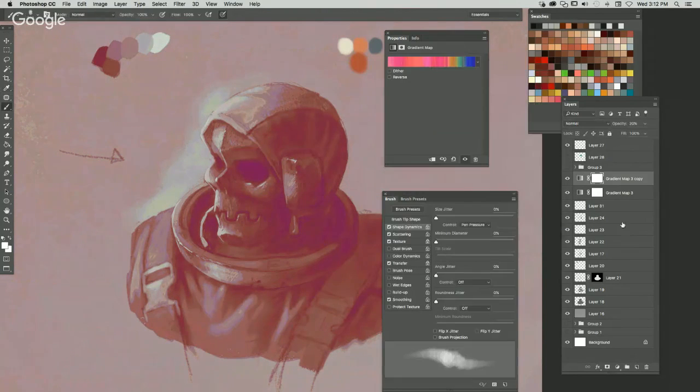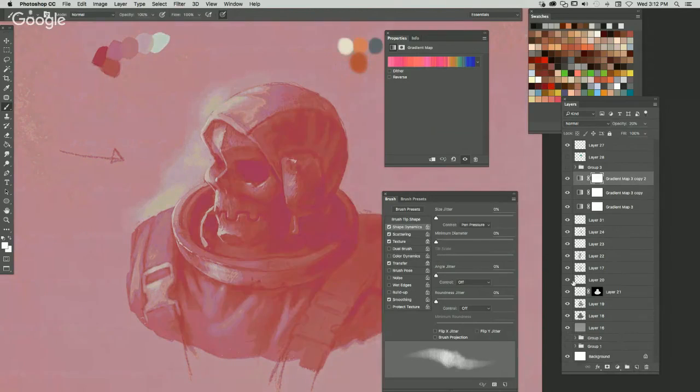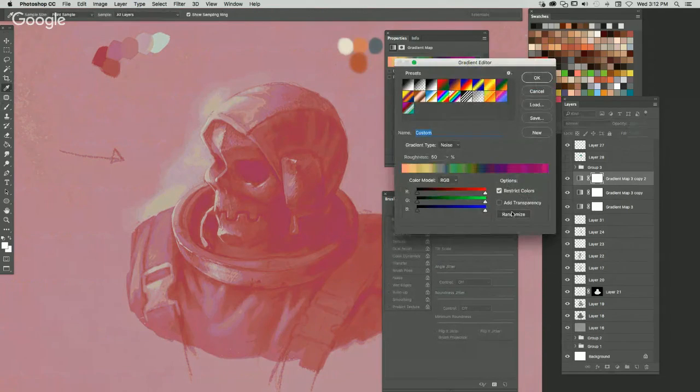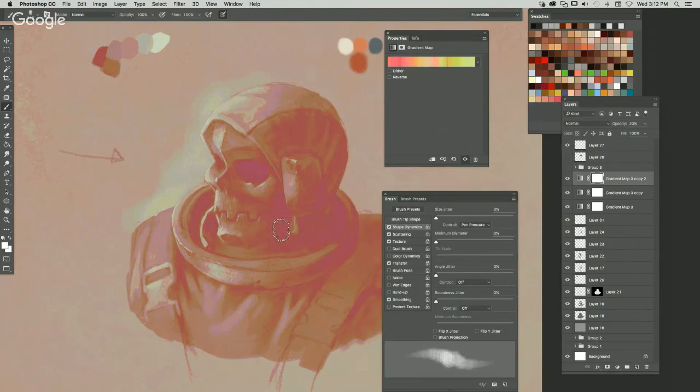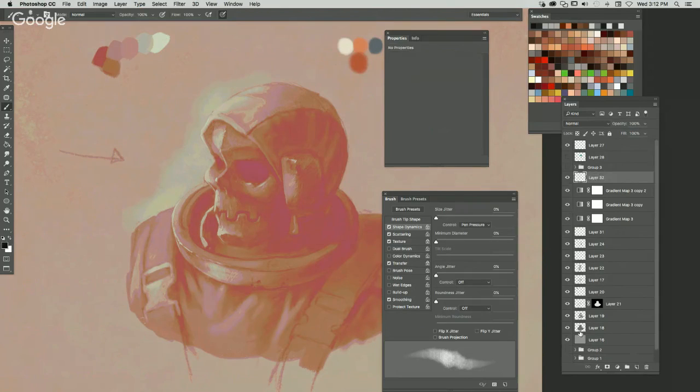Now, eventually you have to get to a point where you want to start painting on some of these new crazy colors that you're laying on top, because otherwise it's going to look like a mess. And you want to make sure that as you're going through that you understand that you can't just rely on this. So from this point forward, now mind you, this is a very different way of going about your process. But from this point, I would try to blend in the colors that have been established here and make them work.